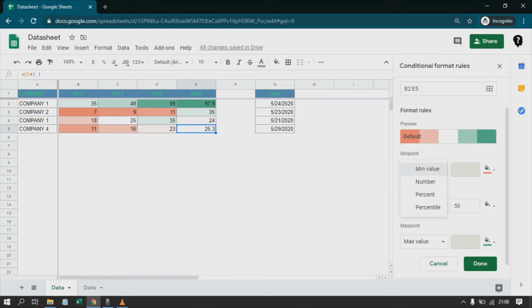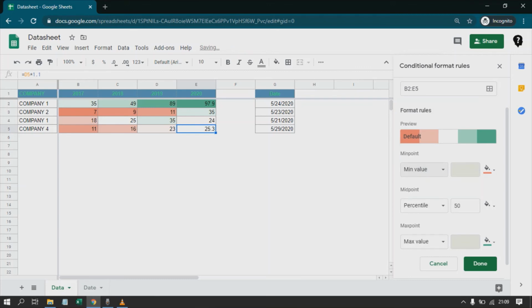So these four options we have. When the data is dynamic, it is better that we do not use any static number here. Instead, we will go for the minimum value from the data set, so that it will automatically pick my minimum value, or I can say a percent. So basis the entire data set, we can set the minimum percentage to satisfy our conditions.